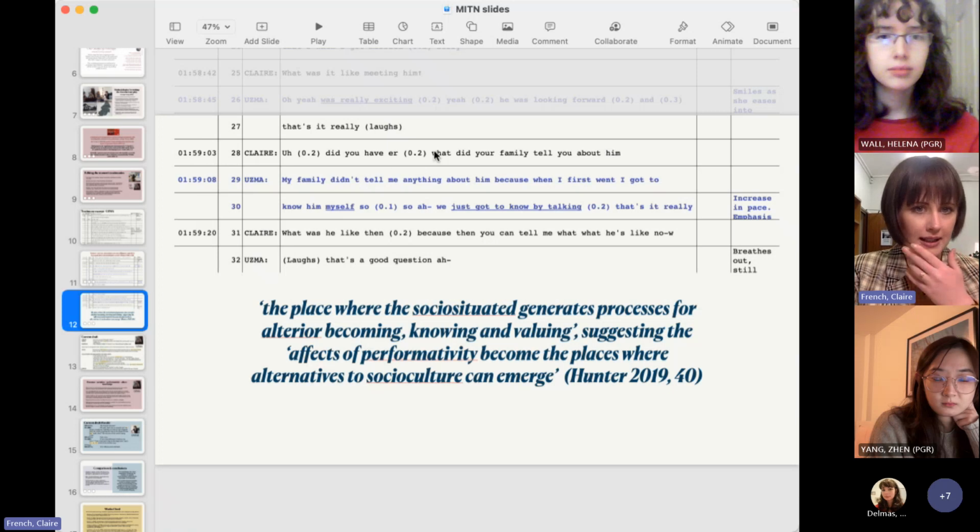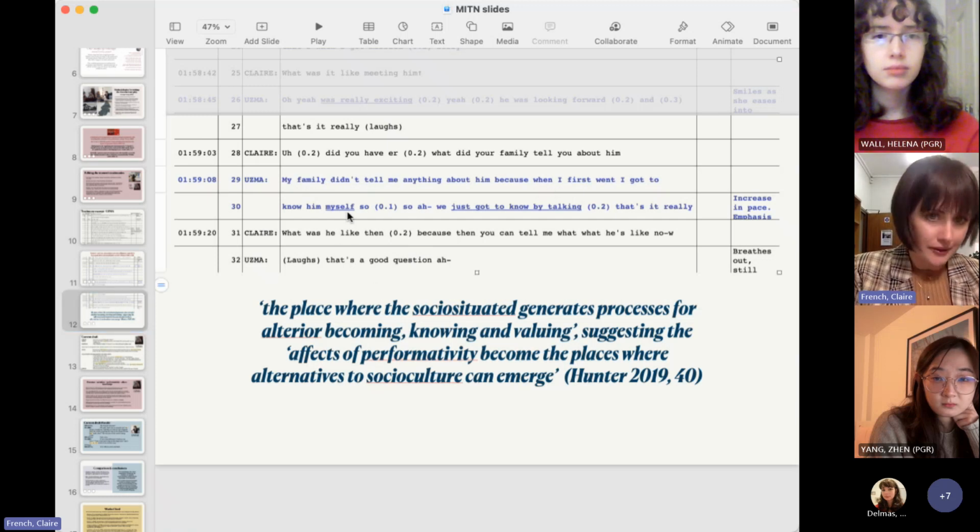"What did you?" I ask. "What did your family tell you about him?" She says in line 29, "My family didn't tell me much about him. When I first went, I got to know him myself. So we got to know by talking. That's it, really."